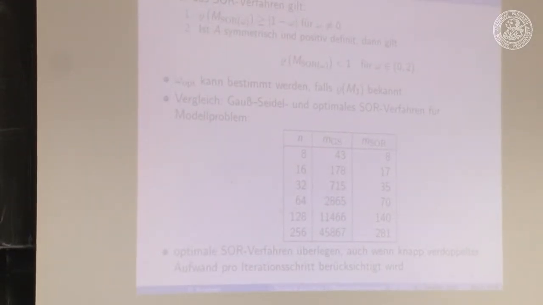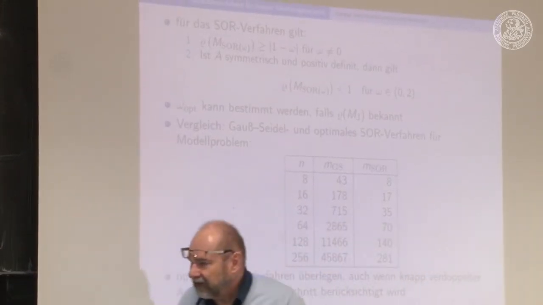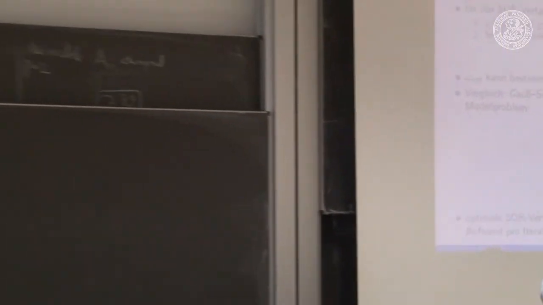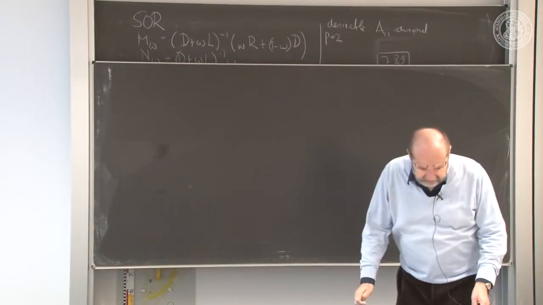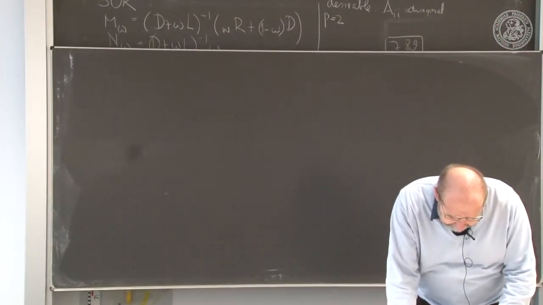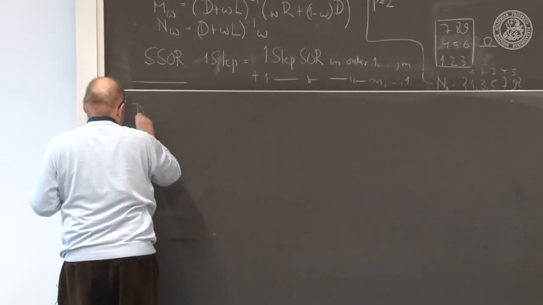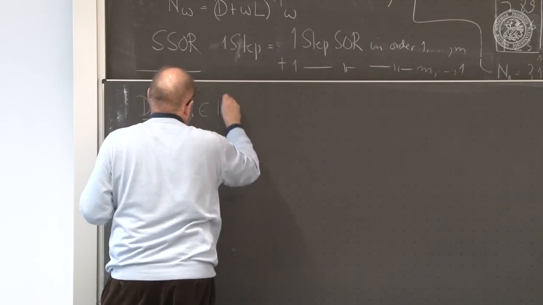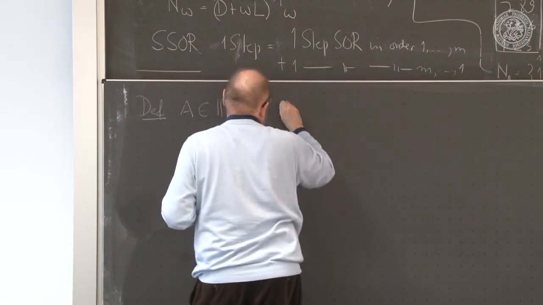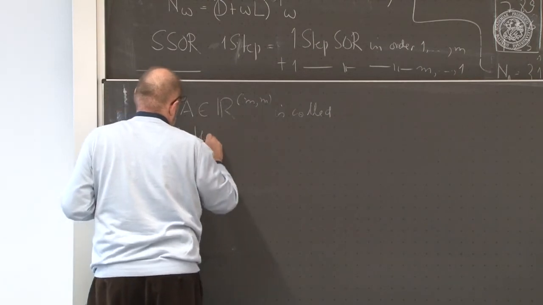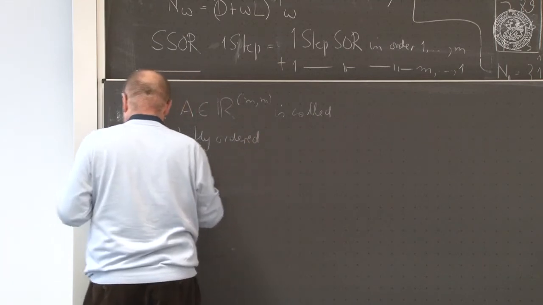I can give you the definition, and then you will say, okay, that's a definition, but it's not clear which matrices fulfill this definition or not. But nevertheless, I think I have to do that, in particular as we have an exercise to prove this requirement for our specific matrices. And this is the condition of being consistently ordered. So a real matrix A, as usual, is called consistently ordered if